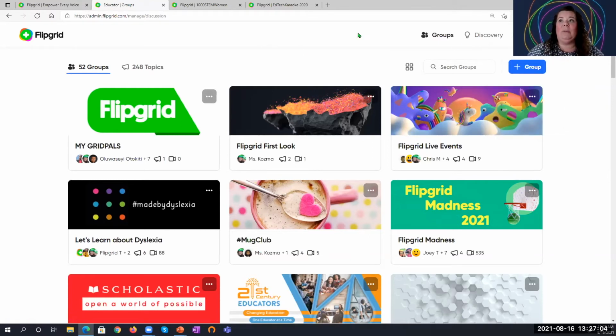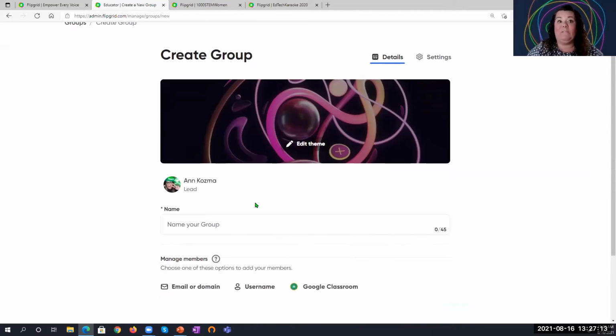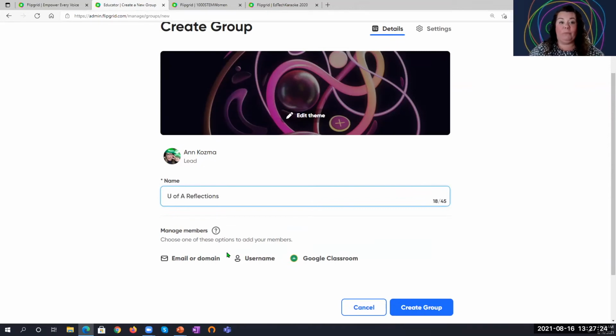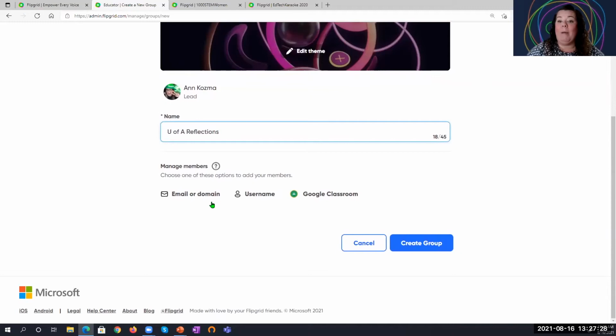But what I want to do is just go through the setup of how quick it is to get your community started. So when you click on a group, you're setting up that first classroom. So I might say U of A Reflections. Right? And that's my group for today. Now, I have the ability to choose how I want my members or my students to join. I would suggest you use your email domain. So if this is